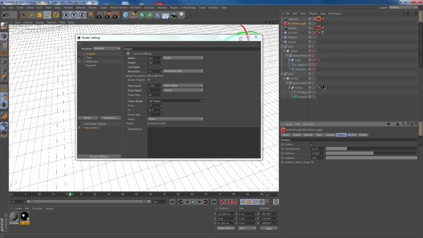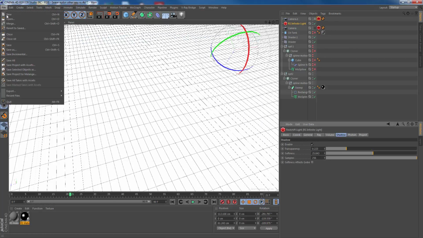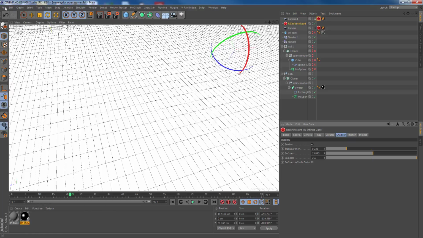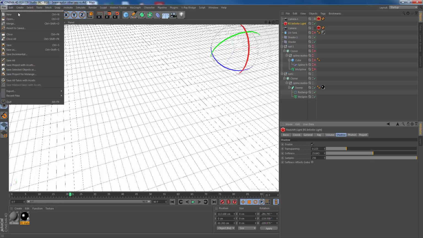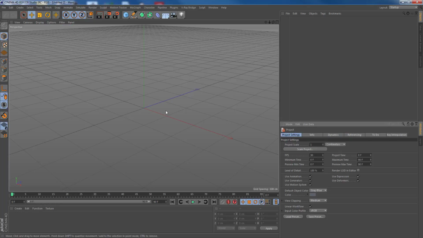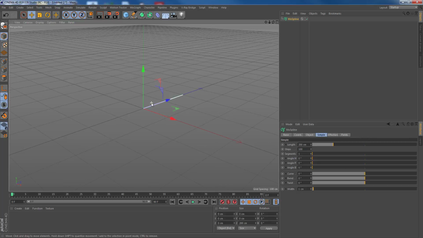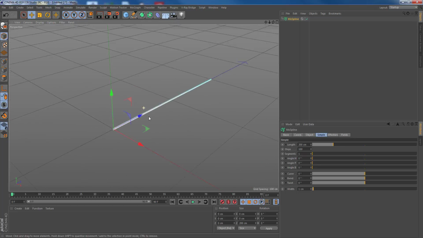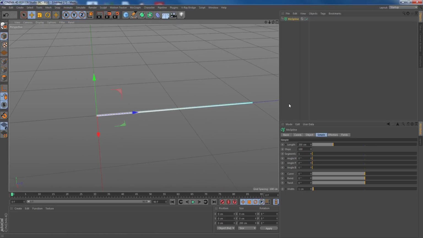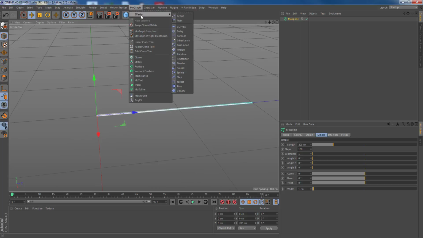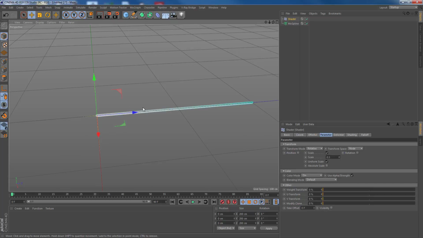So let's create a new project. Create new. Let's save it first. And the first thing is to create a MoGraph mouse spline, right? After creating a mouse spline, we add an effector shader